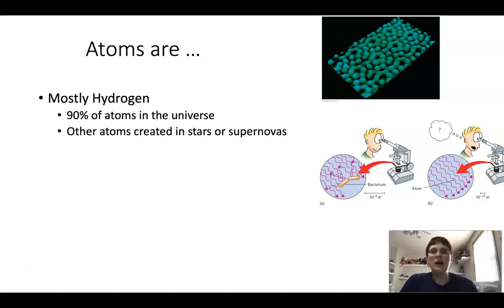Most of the atoms in the universe are actually hydrogen. 90% of the atoms in the universe are hydrogen atoms. Everything else are the other things that we'll see on the periodic table, but they only make up 10%. The other atoms are created from hydrogen, in stars and supernovas. If you've heard the phrase, you're made of star stuff, that's where it comes from, because those hydrogen atoms get smashed together with the heat and pressure in the sun or stars